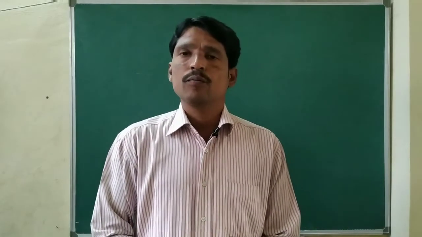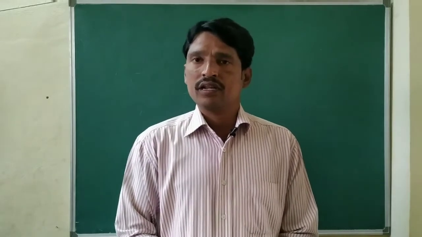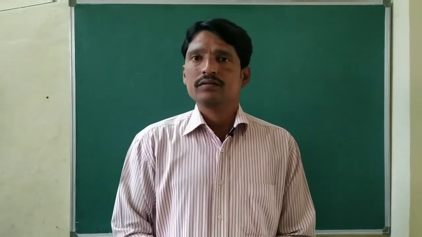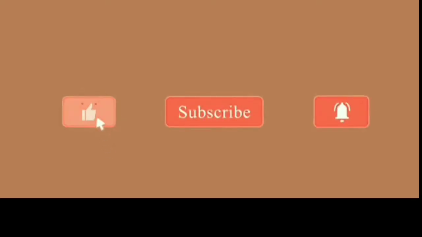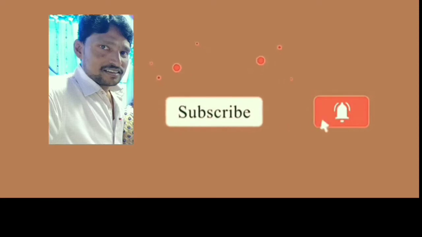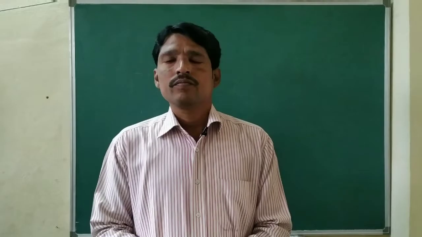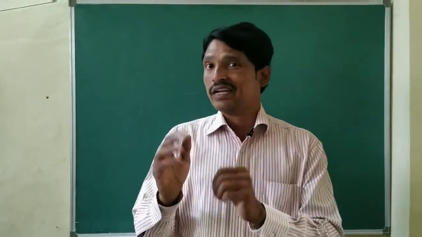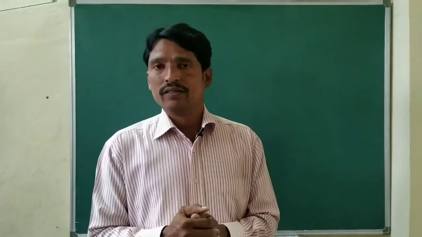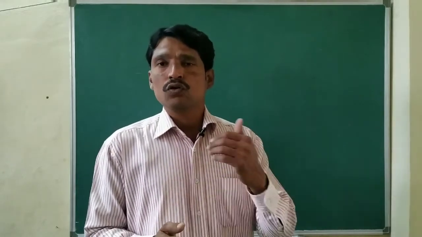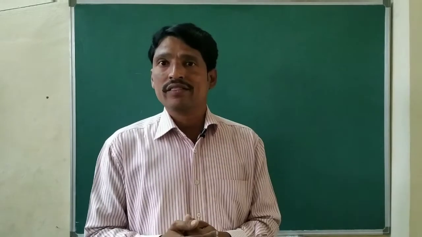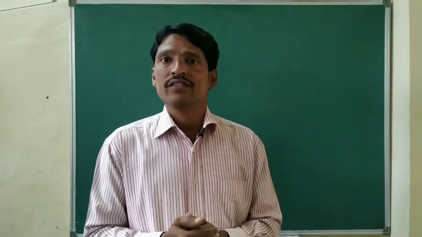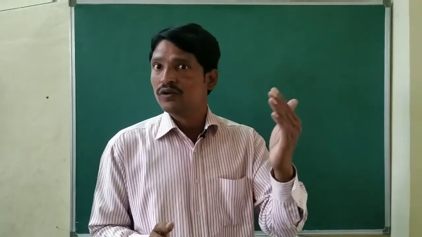Today we are going to discuss probability, class 10, exercise 13.2, problem number 13. In the previous video, we have seen how to find the probability of getting defective and non-defective pens. In this session, we are going to discuss how to find the probability of the sum of 2 dice being 2, 3, 4, 5, 6, 7, 8, 9, 10, 11, 12.